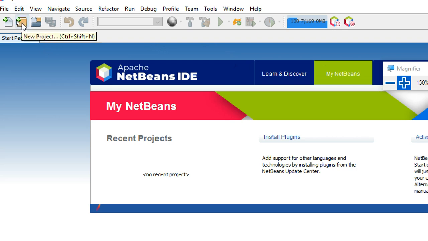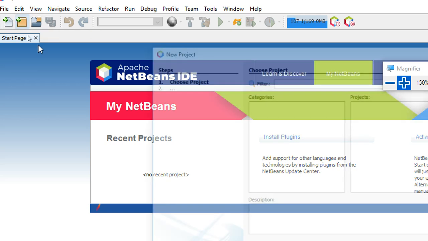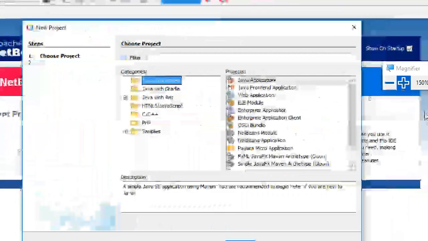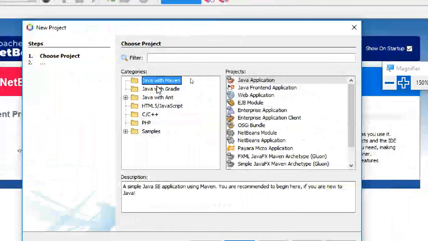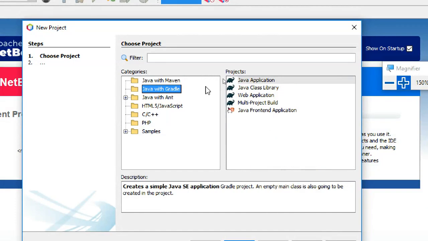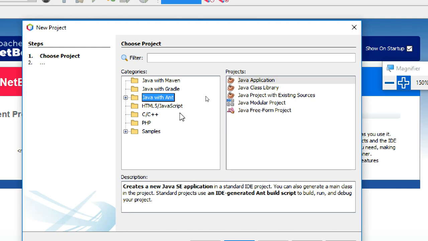So this is a new project, and this is a new file. I'm going to create a new project. You can see the project types: Java with Maven, Java with Gradle, and Java with Ant, because recently I added something, right? So it's Java with Ant.